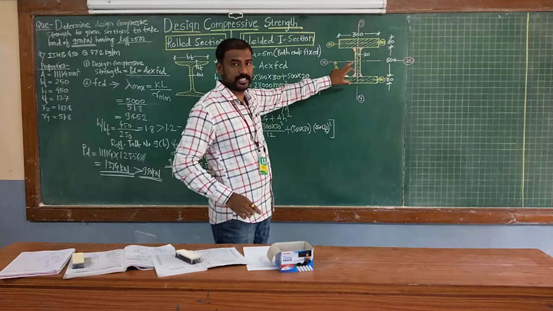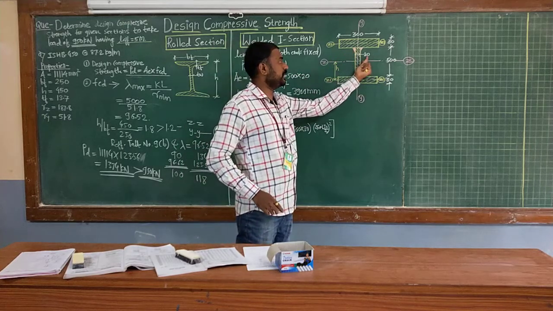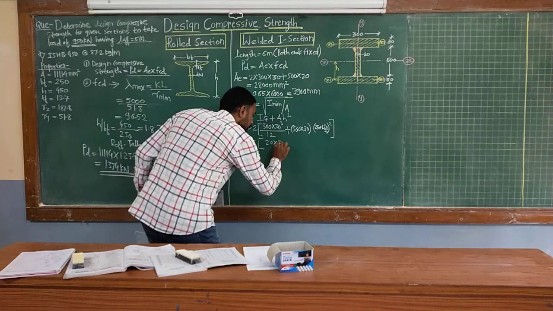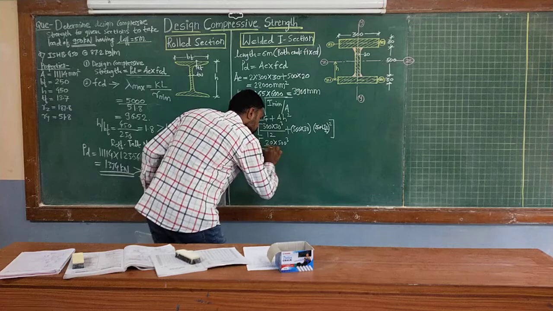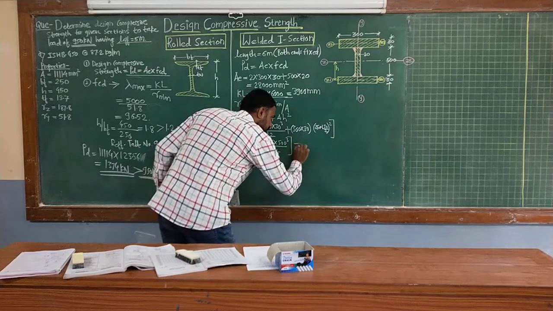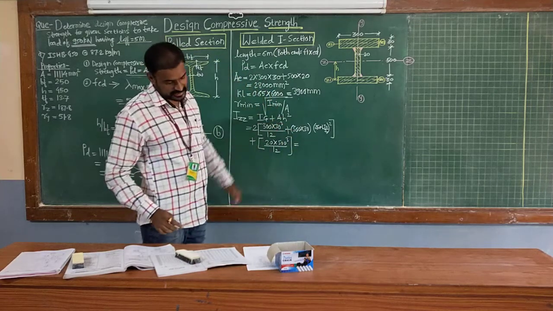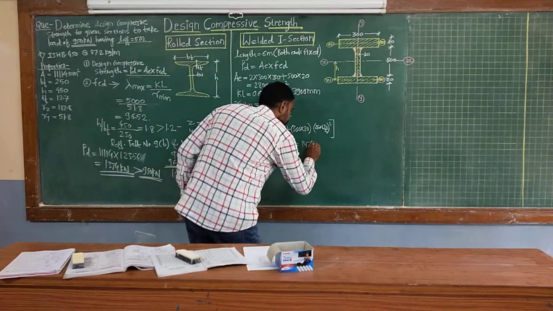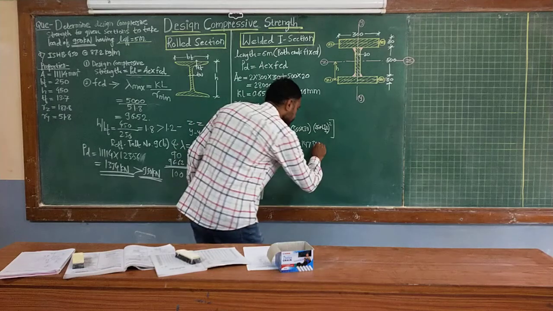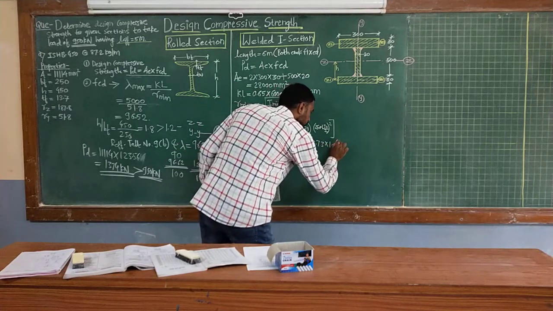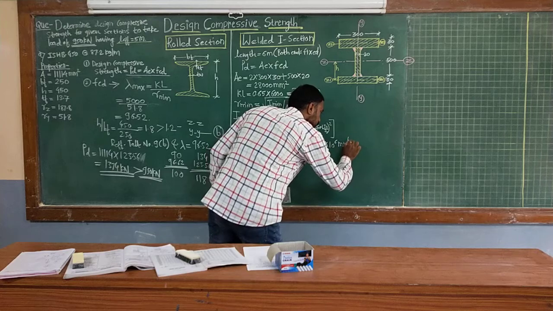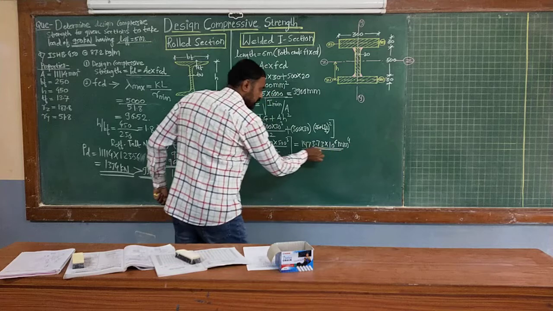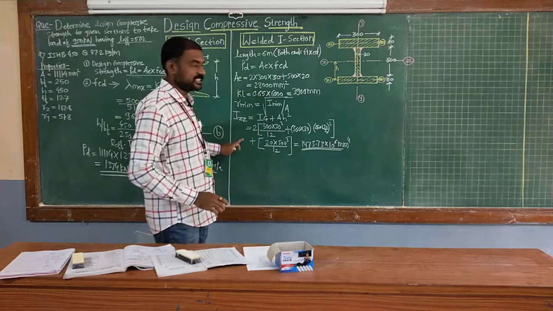So for the vertical web section, your width value is 20 and your depth value is 500. So it will be 20 into 500 cube divided by 12, BD cube by 12, and this is equal to... So the final answer I am writing directly. IZ value is 1473.73 into 10 raised to 6 mm raised to 4. So this is the moment of inertia about the horizontal z axis, IZZ value.